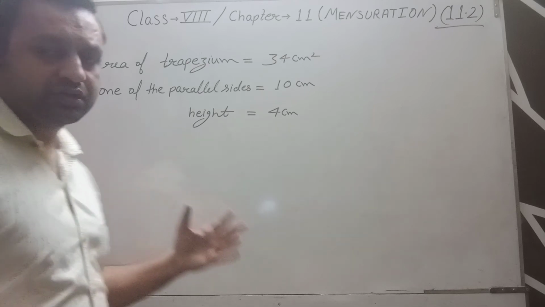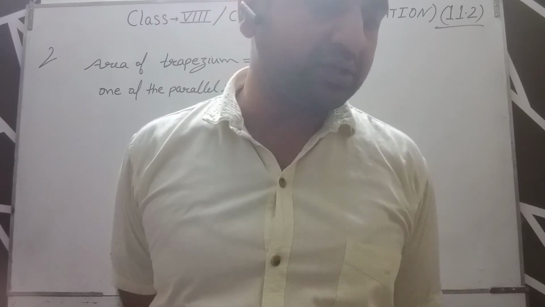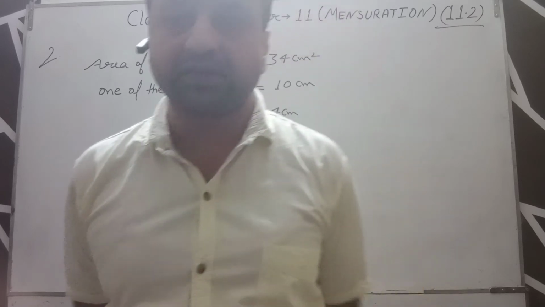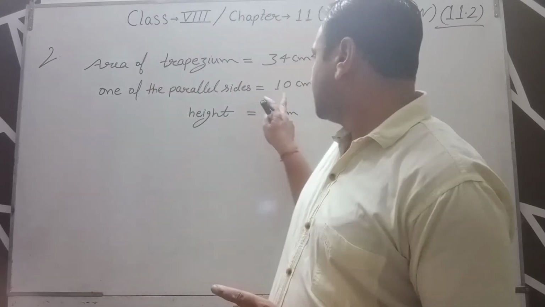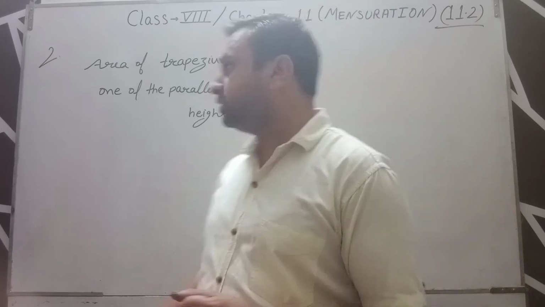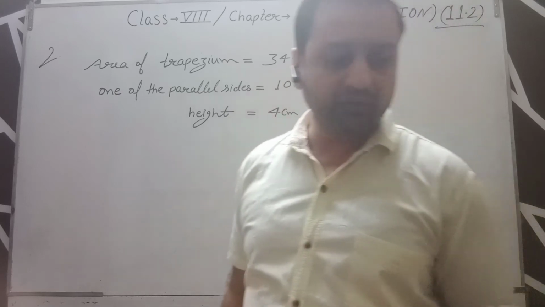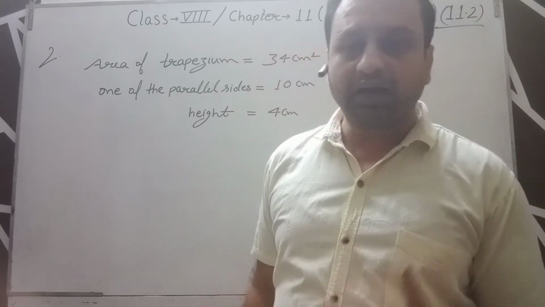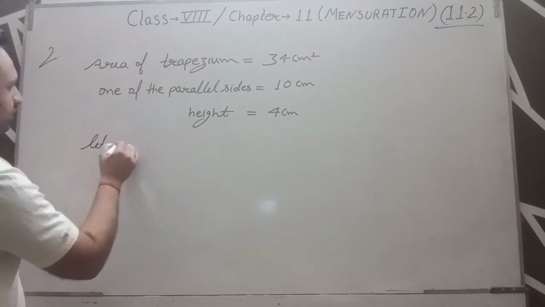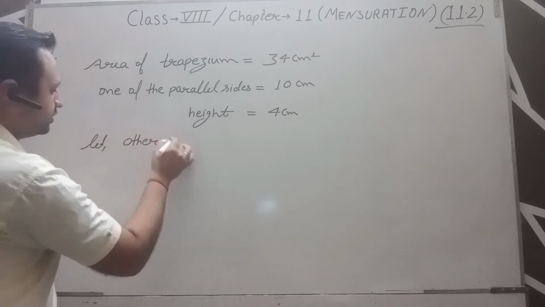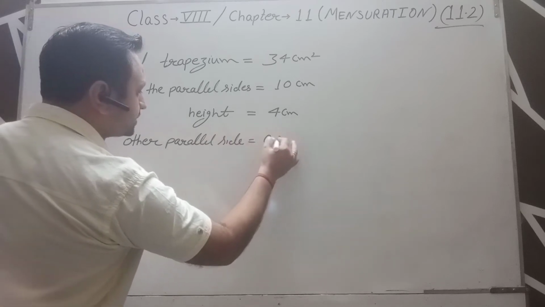Okay, students. Now we discuss question number 2. In question number 2, it is given that the area of a trapezium is 34 centimeter square and the length of one of the parallel sides is 10 centimeter. The height is also given, 4 centimeter, and we have to calculate the length of the other parallel side. So firstly we let the other parallel side